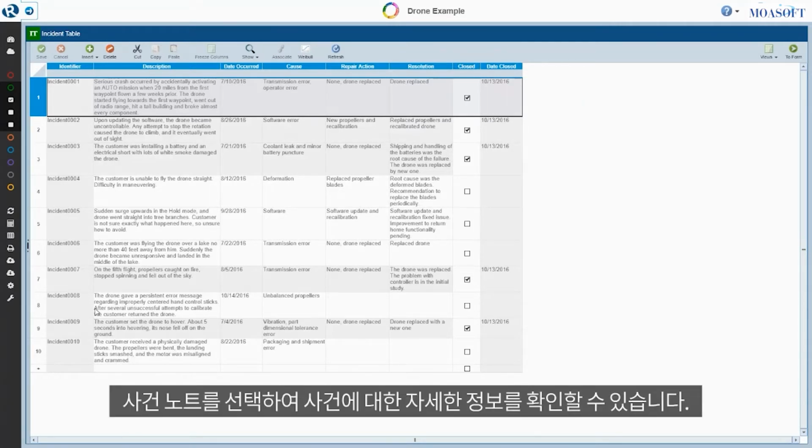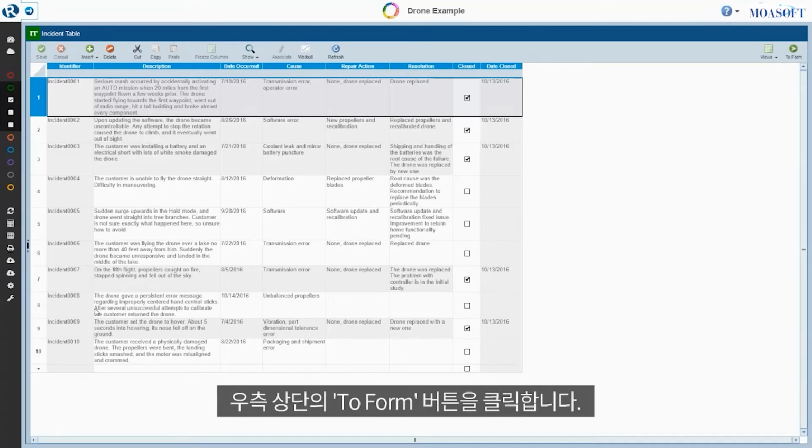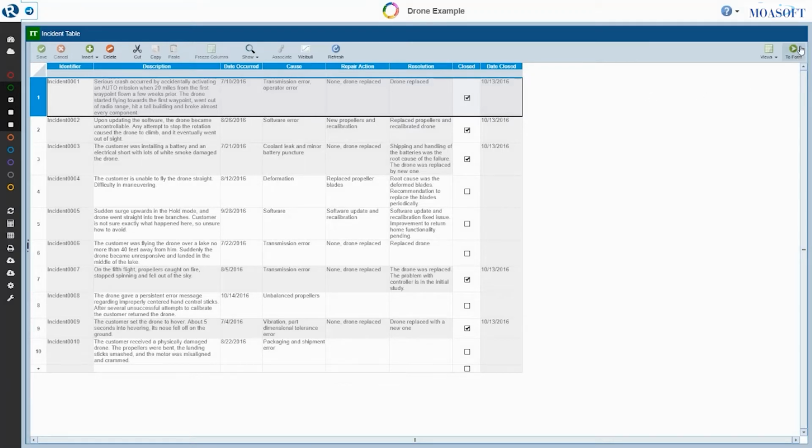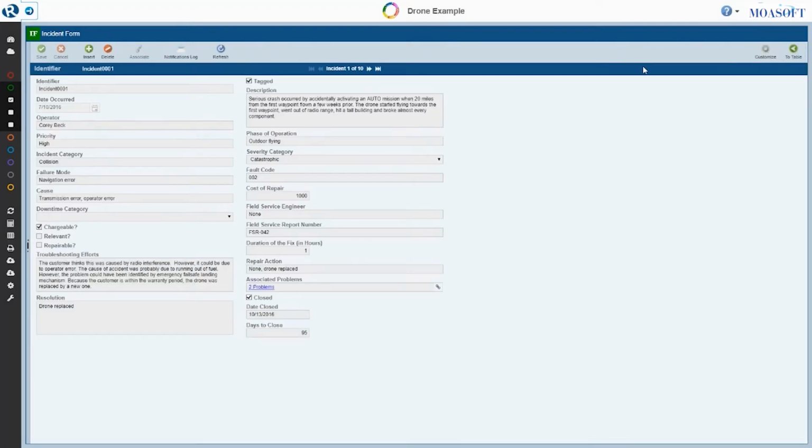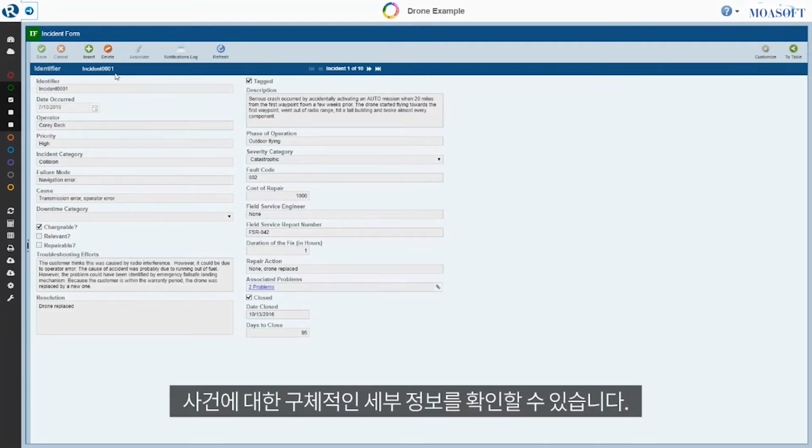To review more details about a particular incident, we go to the incident form. So at this point, Incident 1 is selected here in the incident table. Note, to select any incident, we simply click in that row. And to see more details on the incident form, we simply click the To Form button in the toolbar. So the incident form view displays a form with a number of data fields with specific details about our incident,